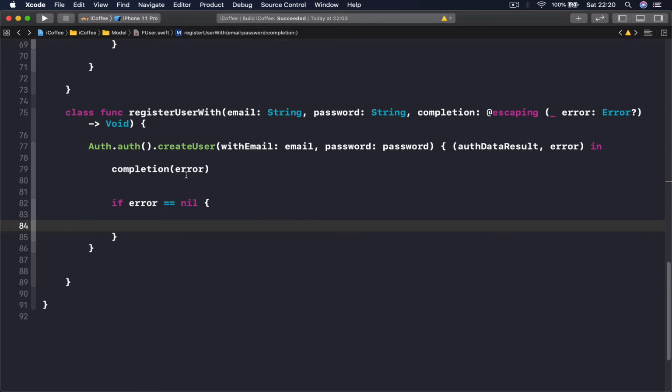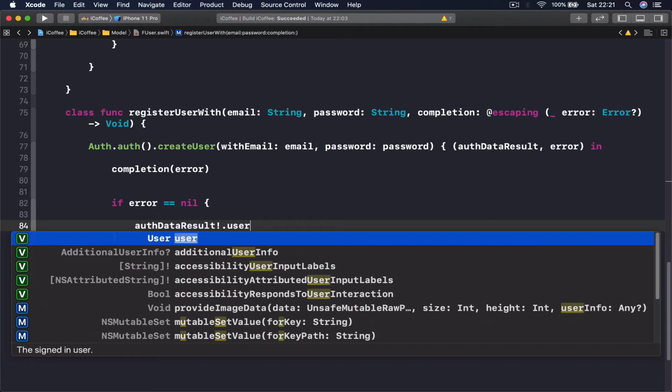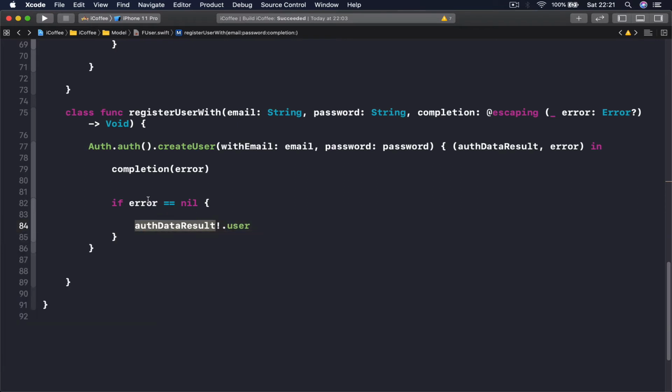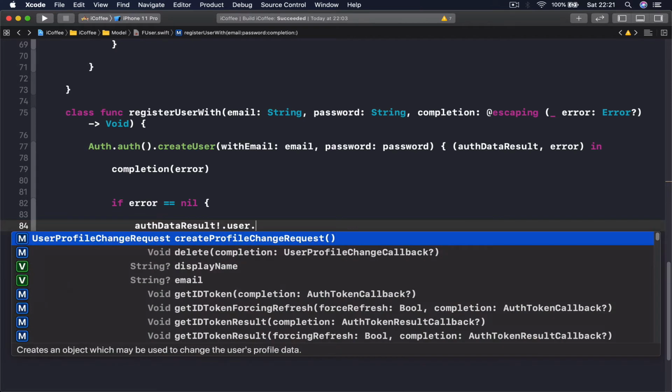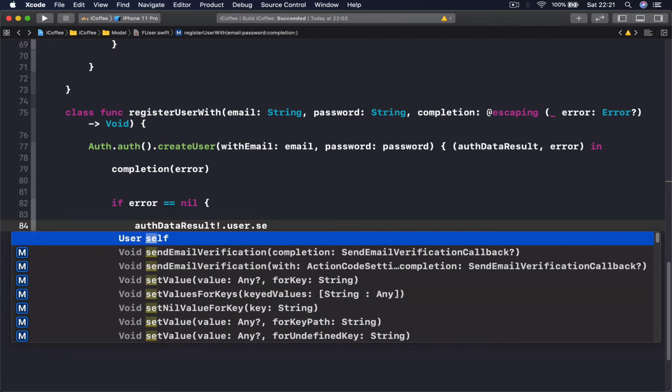So I'm going to access my auth data result. I'm going to unwrap this, and we can safely unwrap this because if there are no errors, it means we have an auth data result object. Then we access my user object, and here I can say sendEmailVerification,